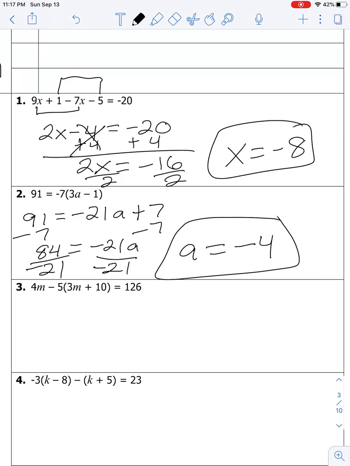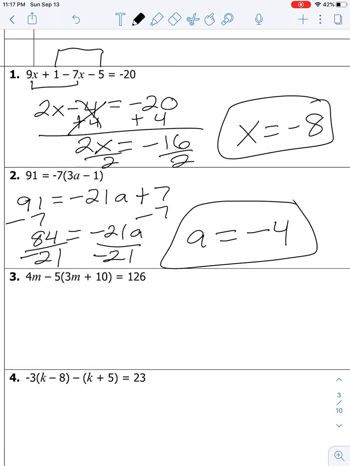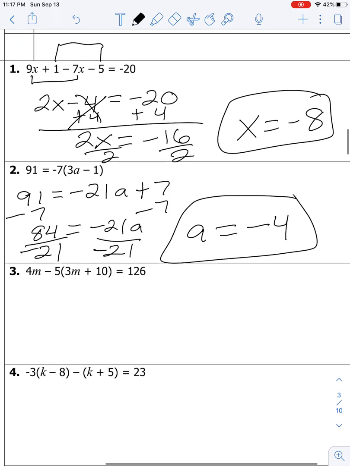All right, going to number 3. On number 3, we've got 4m and then minus 5, but the minus 5 is right next to a parenthesis. So we know that we need to distribute that negative 5 before we do anything else. The 4m is just going to drop down. Then we're going to have negative 5 times 3m, which is negative 15m. Negative 5 times 10 is negative 50,